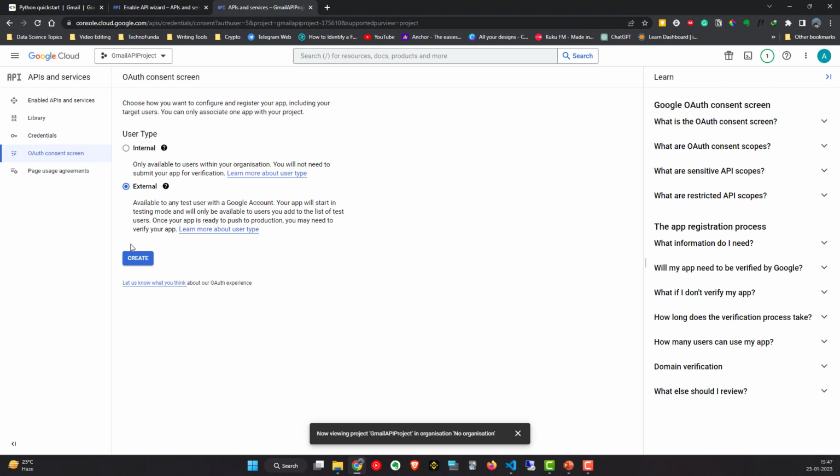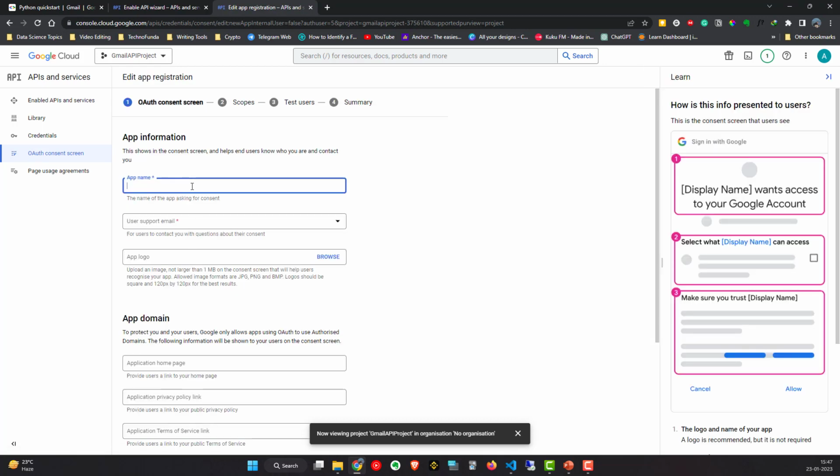And here we'll have to choose user type external because the internal is only available for an organization. Let's click on create. Here the app name I will give Gmail API, user support email, contact